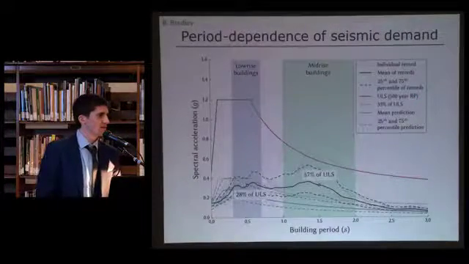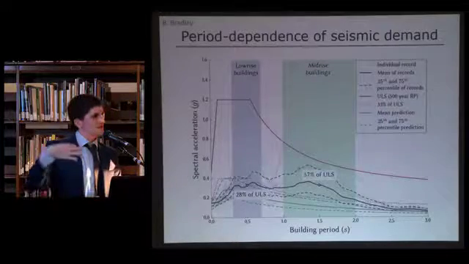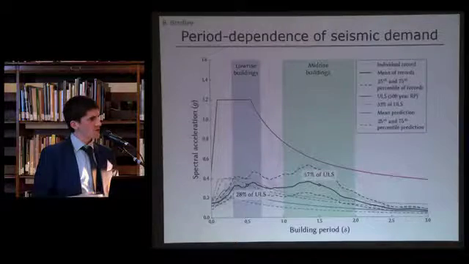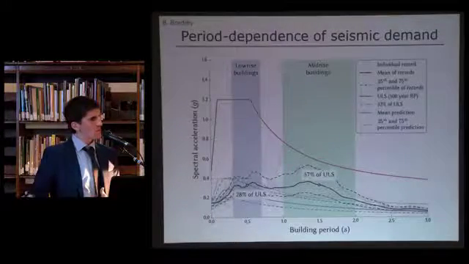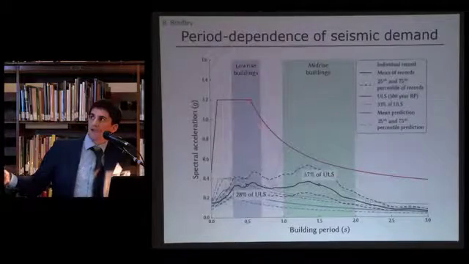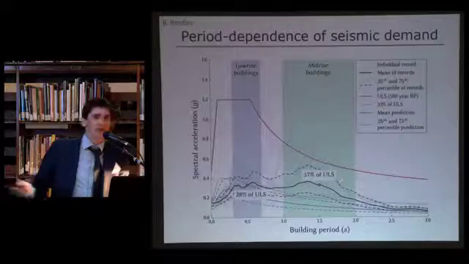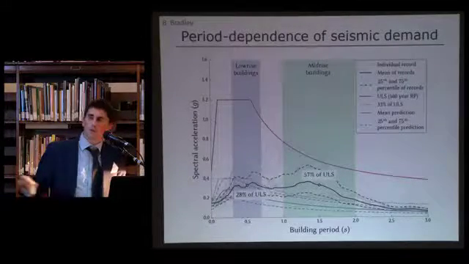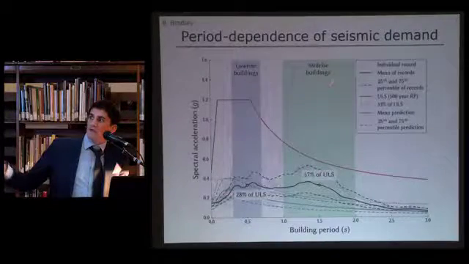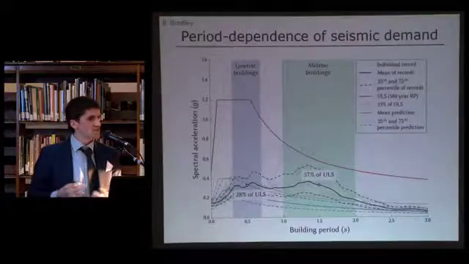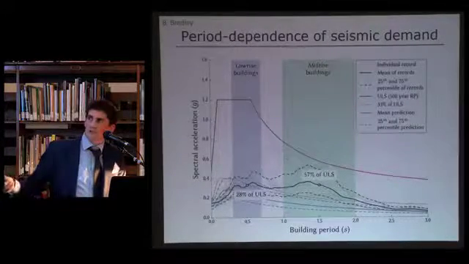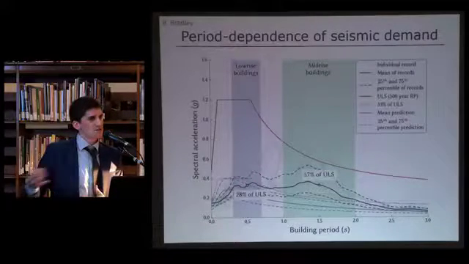One of the interesting things about the event was that because Wellington City was located 60 kilometres away, the short period portion of the shaking was largely attenuated, whereas the longer period portion of the shaking didn't diminish as fast. And so when we compare the red line here, which is the design spectra, with all of the grey lines representing individual recordings of earthquakes, if we average those grey lines, we get this solid black line. If we talk about a mid-rise building of 10 to 15 stories, we see that the level of shaking was about 2/3 of the design level, whereas for short period buildings, because of that larger distance, the amplitudes were much smaller.